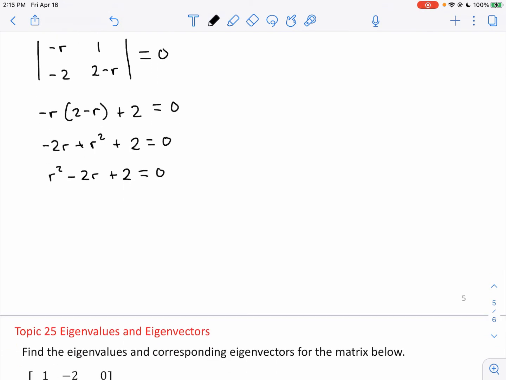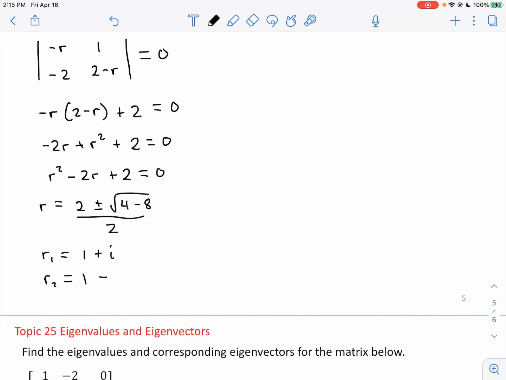It does not factor, so we have r is equal to -b, so 2 plus or minus the square root of b squared minus 4ac. Well, b squared is 4, minus 4ac is going to be minus 8, all over 2a, all over 2. That's going to be imaginary, or complex, non-real valued eigenvalues, which can happen. And we have 4 minus 8 is -4, square root of that is 2i, and then you can divide everything by 2. And so we get our two eigenvalues: the first one is 1 plus i,